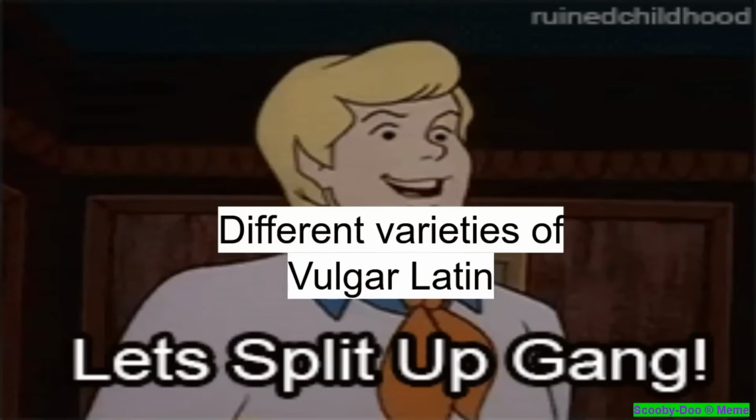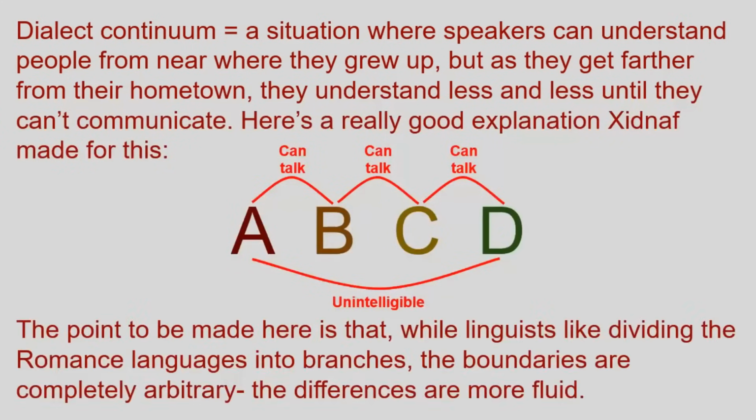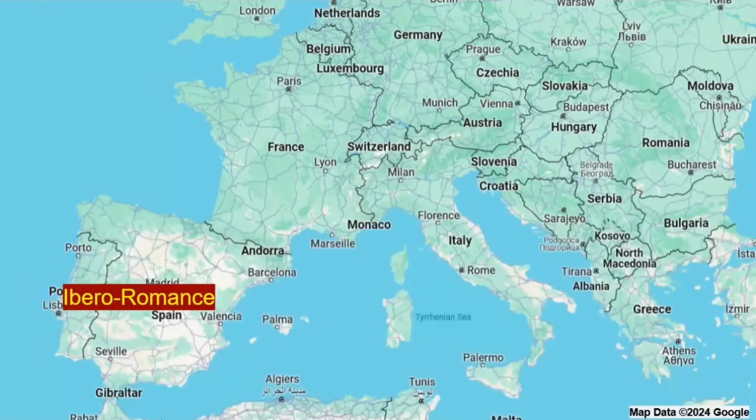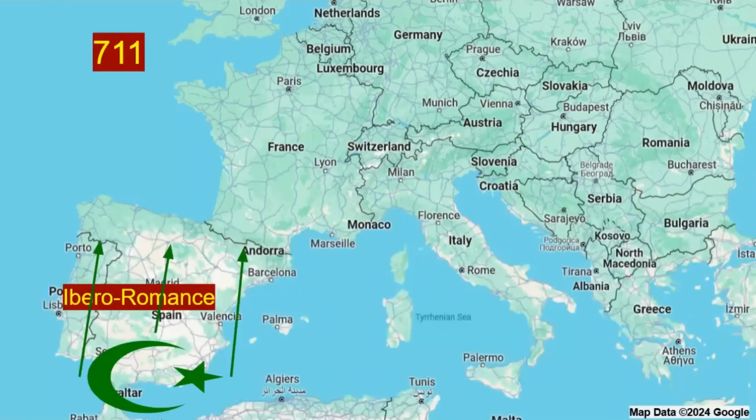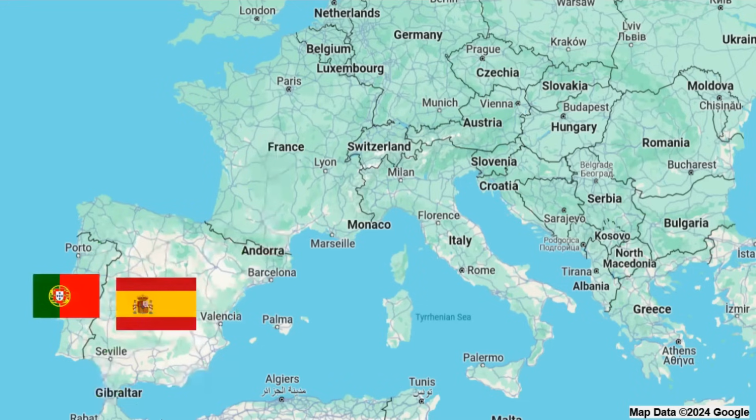but before we talk about that evolution, I need to point something out about Vulgar Latin. It was a dialect continuum across southern Europe, therefore the branches I'm about to talk about are fluid and somewhat arbitrary. So starting from the west, there's Ibero-Romance, spoken on the Iberian Peninsula. It got a lot of Arabic influence due to Muslims having control over the region in the early Middle Ages, but then the Catholics took it back in the 1100s, and the Ibero-Romance languages today are Portuguese, Spanish, and several